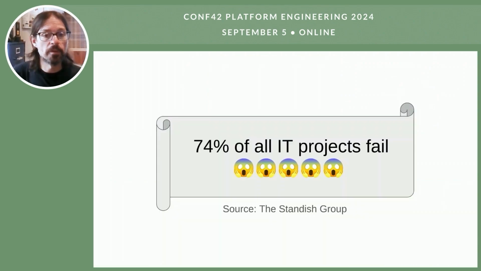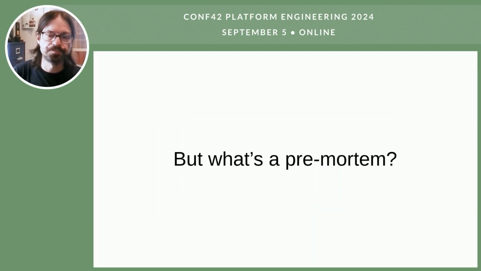In fact, 74% of all IT projects fail, depending on the definition of failure, obviously, and they don't all end up burning in flames. Sometimes it may be just some delays, sometimes some feature missing, issues at the launch, and you have to fix them by firefighting for a few weeks before things come back to normal. So you can deal with failure when it happens. Obviously, it's much better to prevent the failure from happening in the first place, or reduce the risk of such failure as much as possible. So the technique I want to share with you is called a pre-mortem.